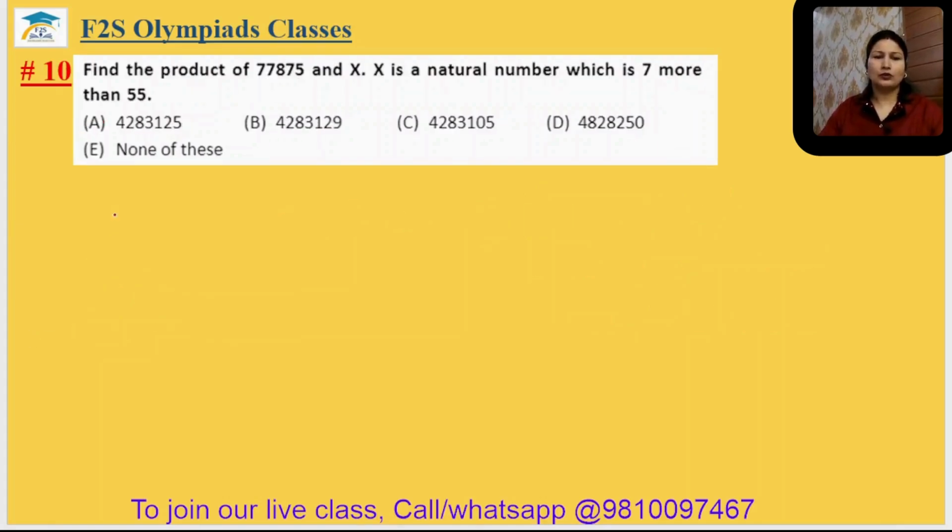Come to question number 10. Find the product of this and x. X is a natural number which is 7 more than 55. So first we will find x. X is 7 more than 55. More than means addition. So 55 plus 7, that is your 62. And we have to find the product of